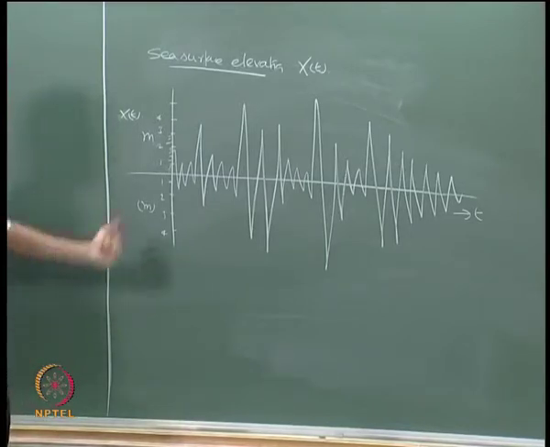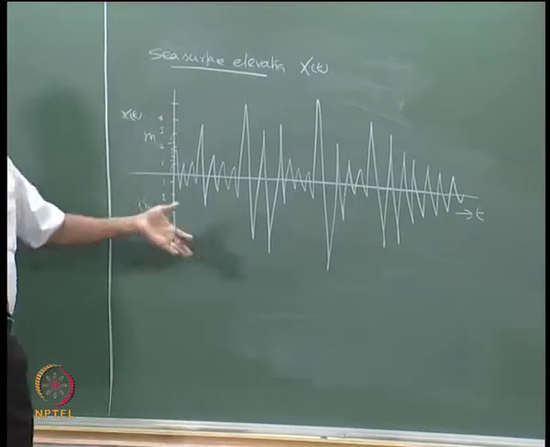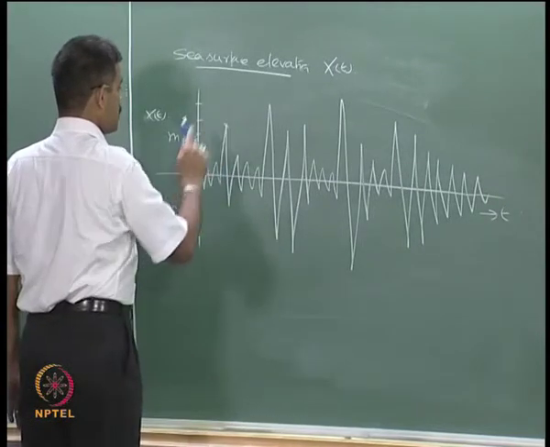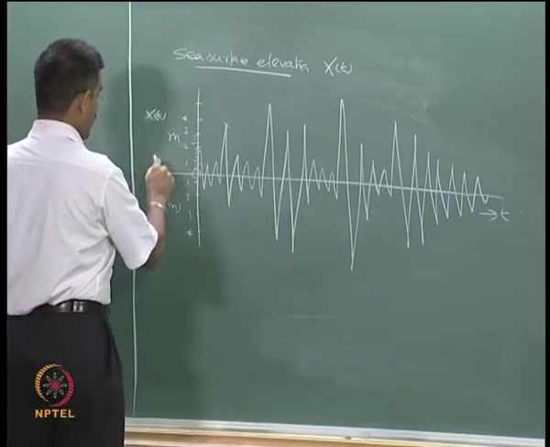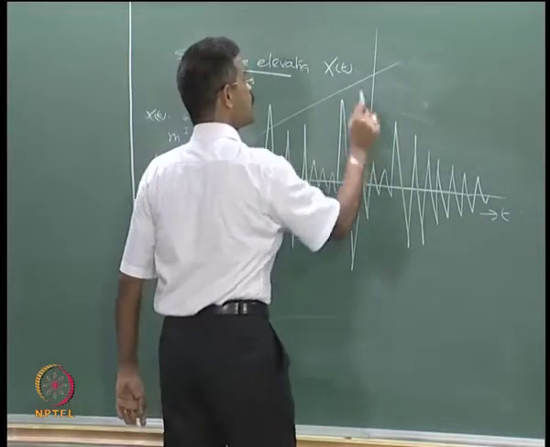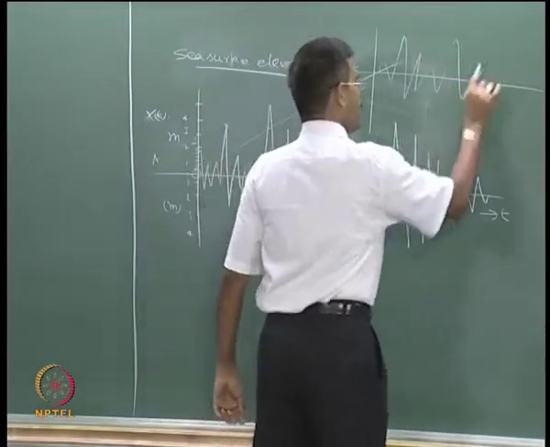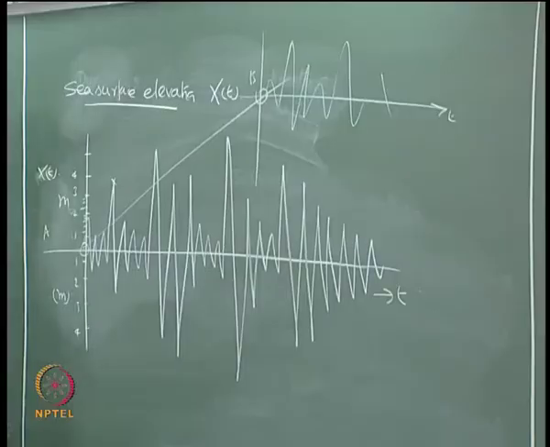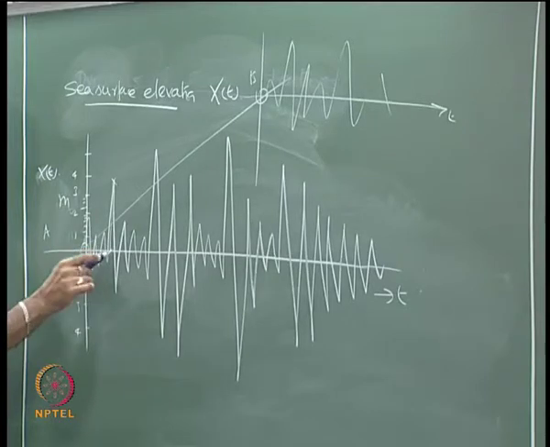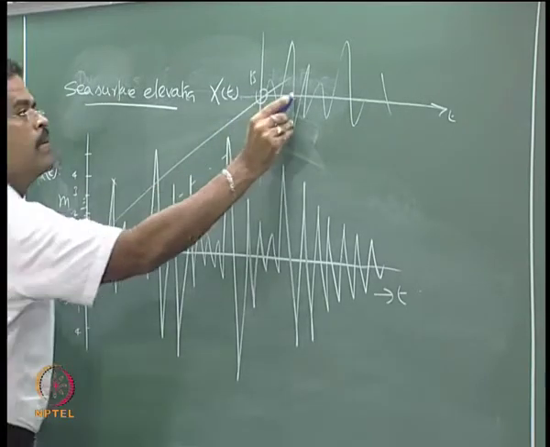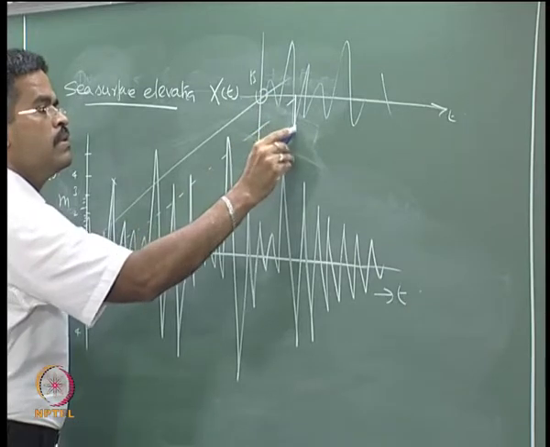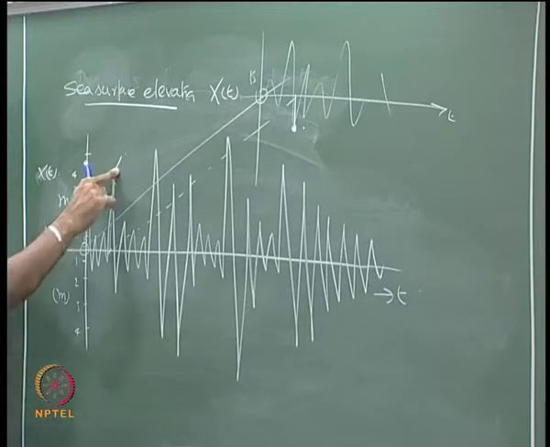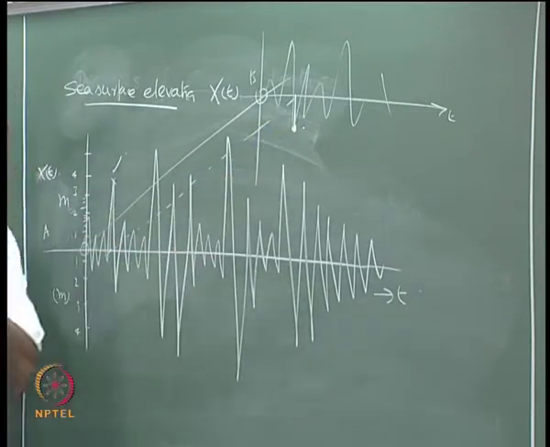Similarly, one person standing at the other end, a few kilometers away, will also have a similar record, will also have a plot. So again, the sea surface elevation. Let us say you are A, and the other person also started recording this, and he is B, and he also has the same. So at any given time t, the sea surface elevation that you record will be different from the sea surface elevation that this gentleman sees and records.